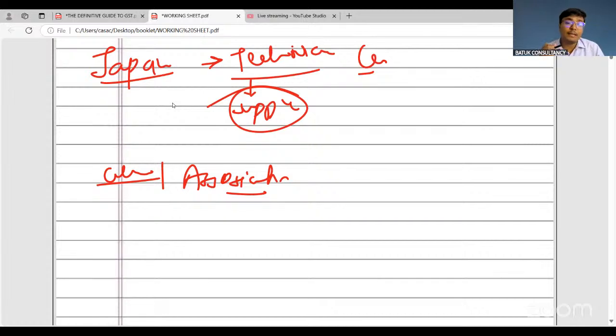Now when we are saying supply of goods or supply of services, they have taken a specific note in section number 7, and they have written that if government says that this supply of goods is not a supply of goods, this is a supply of service, and this supply of service is not a supply of services, this is a supply of goods, in that case you have to treat it like that. That means government has the supreme power to decide whether this is a supply of goods or supply of services. That functionality is available in the hands of government.